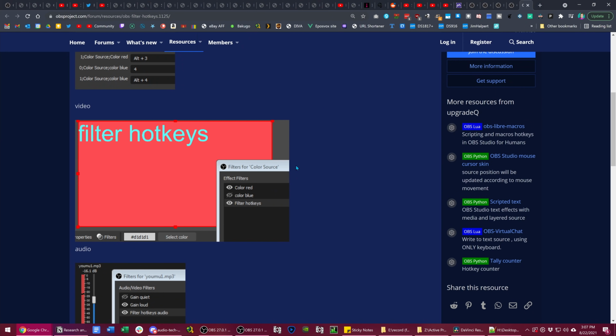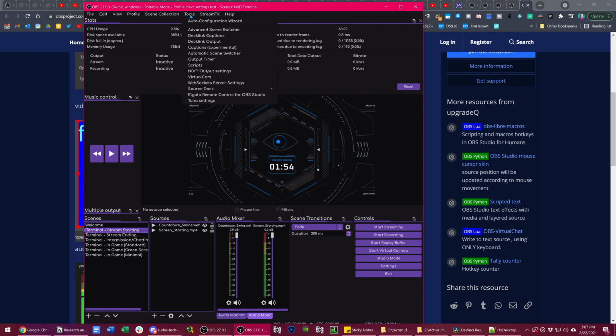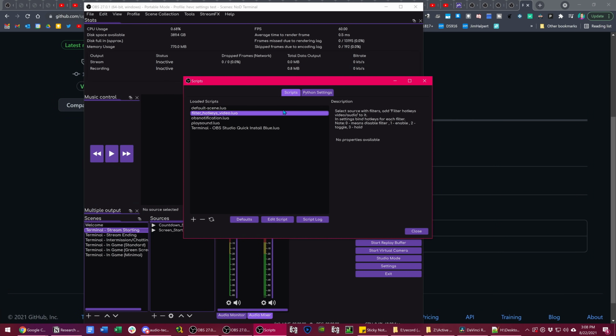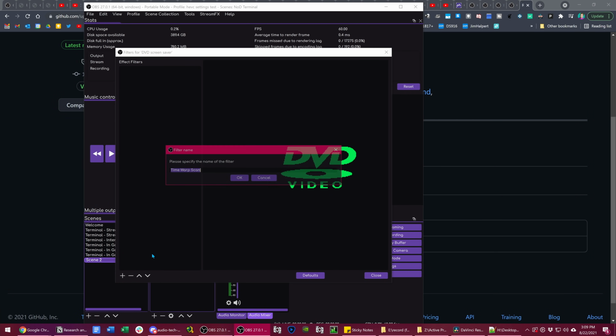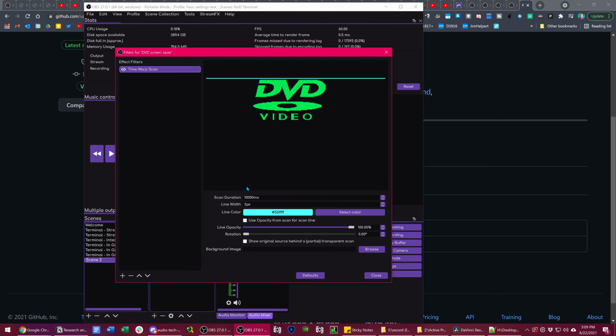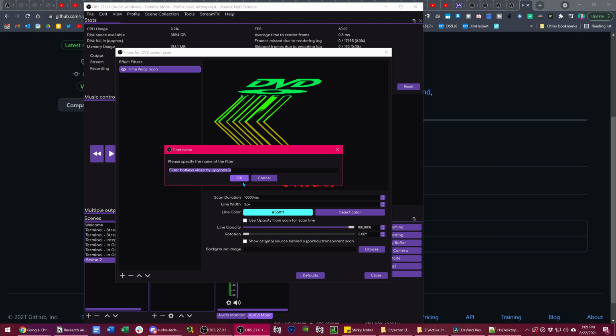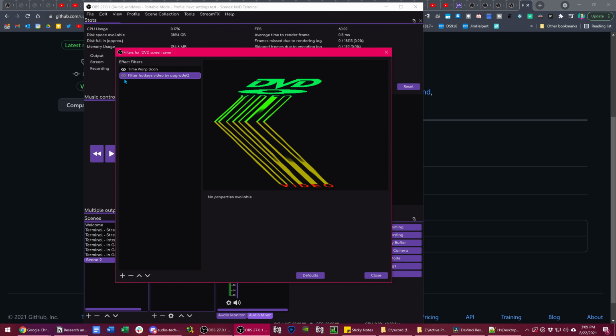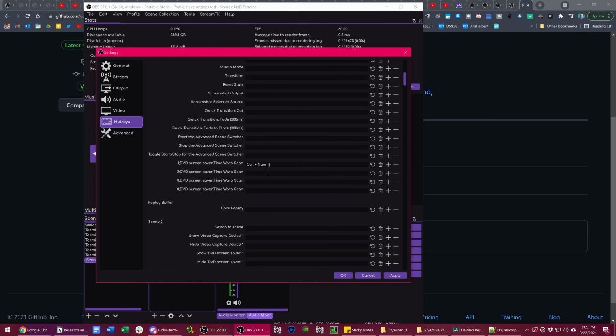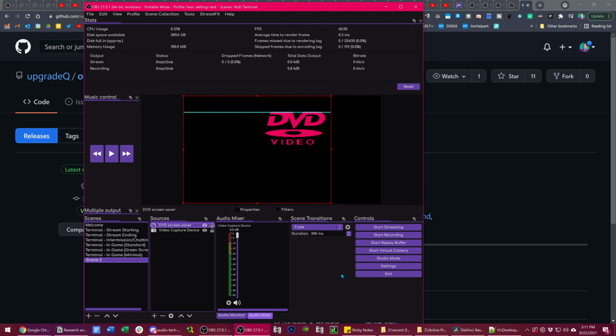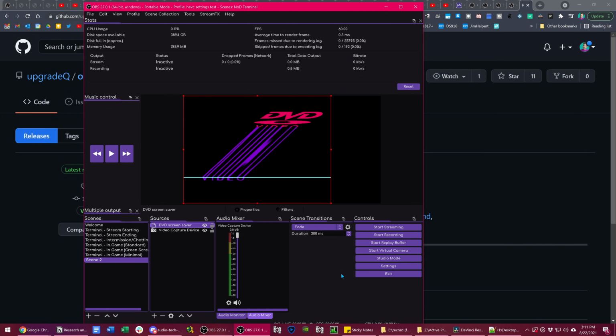I've mentioned this one before, but OBS filter hotkeys is an incredibly important script. As the name describes, it lets you assign hotkeys to filters on all of your sources. Be it cool effects like the time warp filter we showed before, chroma keying, color grading, audio effects, just about anything. This helps take your management of special effects and your production value to the next level. Honestly, OBS needs to just implement this natively within the software at this point anyway, but